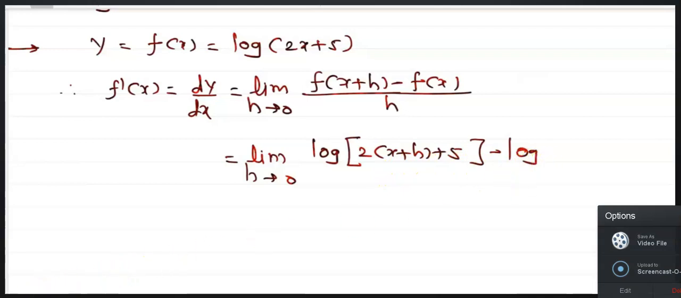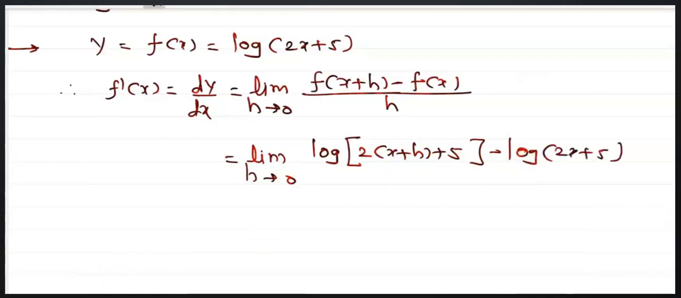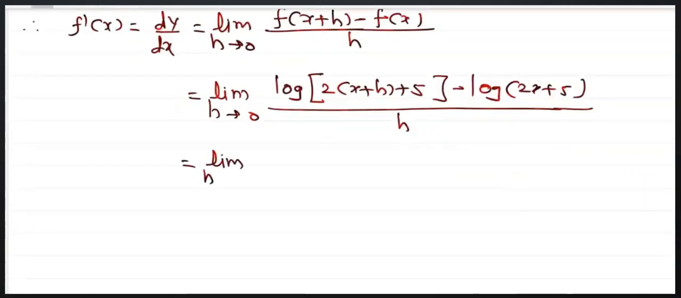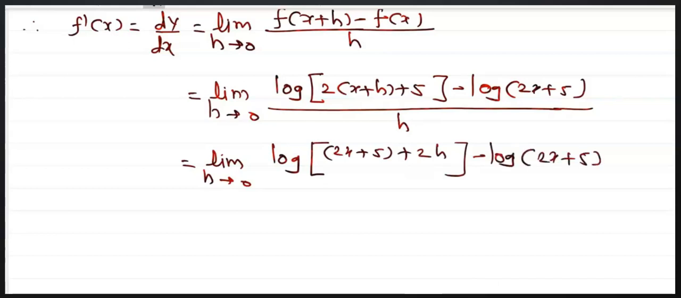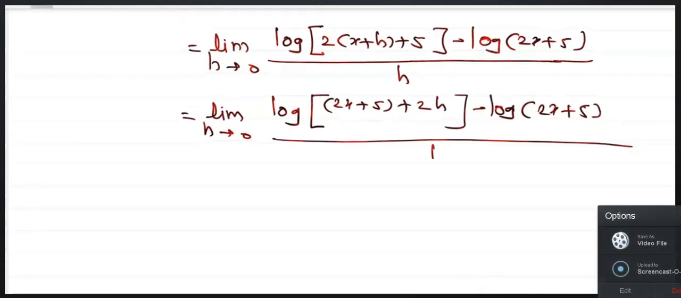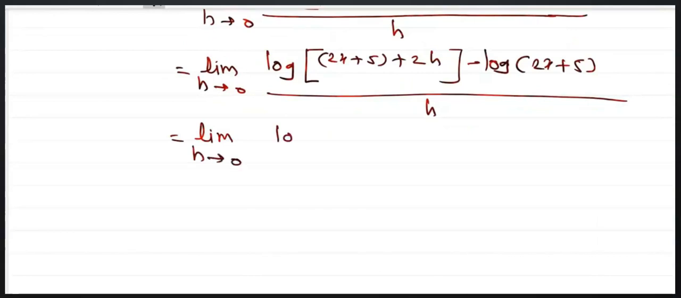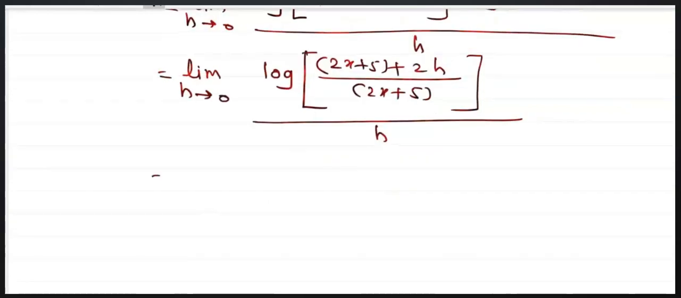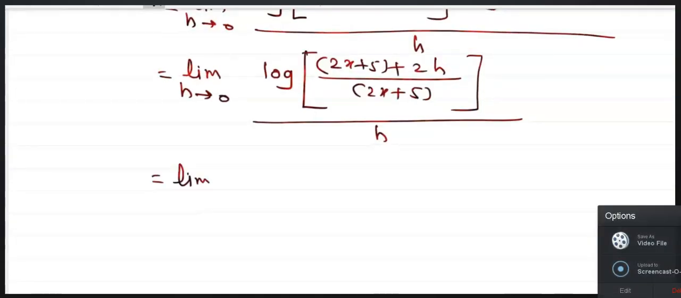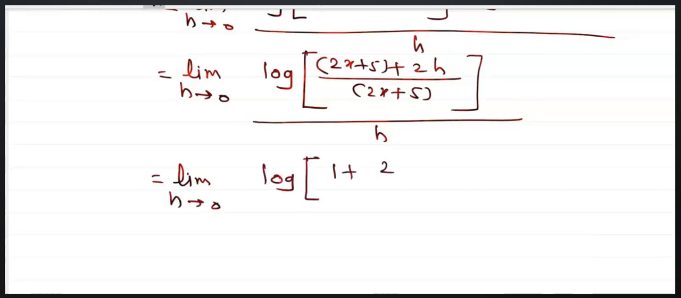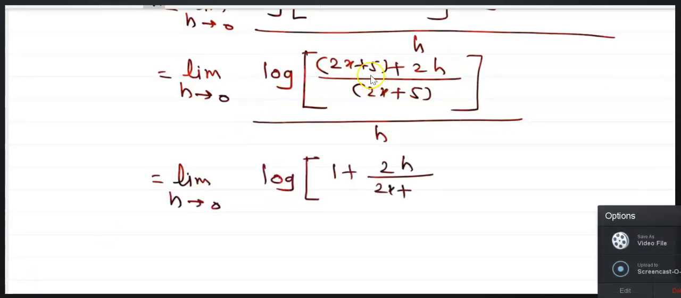upon h. Therefore, limit h tends to 0, log of 2x plus 5 plus 2h minus log of 2x plus 5 upon h. That is, limit h tends to 0, log of 2x plus 5 plus 2h upon 2x plus 5 upon h. And now again this can be written as limit h tends to 0, log of 2x plus 5. These two terms get cancelled. That is, you will get 1 plus 2h upon 2x plus 5